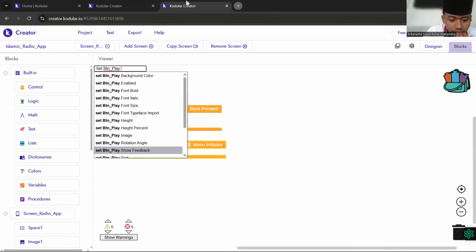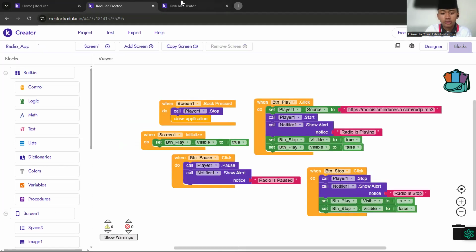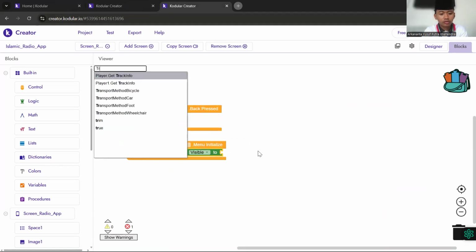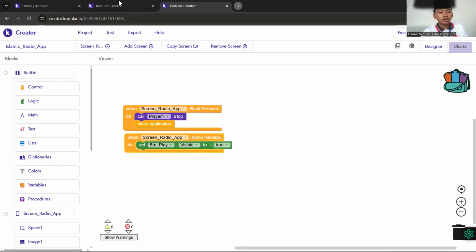We search for visible, this visible, then true.